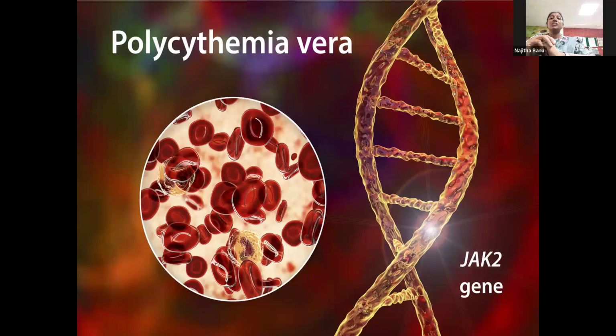What is polycythemia? Polycythemia vera is a difficult condition. Why does this disease usually occur in human beings? Because of a mutation in the JAK2 gene. The gene in your DNA gets mutated and directly targets your bone marrow, because I already discussed that RBCs are produced in the bone marrow, right? RBC synthesis takes place there, so the bone marrow continuously produces more RBCs. So the RBC counts are higher in these patients.